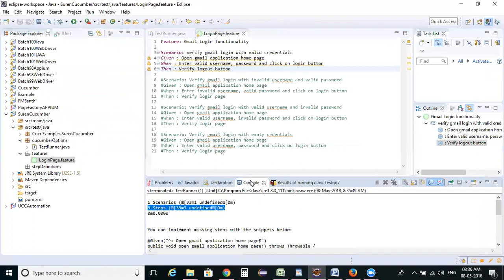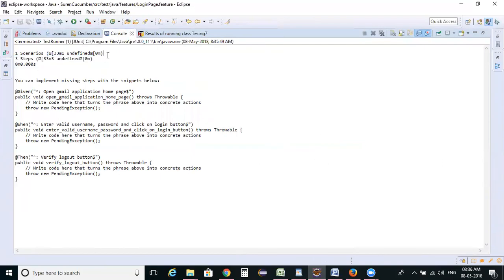In the console, it is stating that one scenario is there. That's correct. Within the feature file, there is only one scenario. There are three steps, and moreover, the three steps are unimplemented steps. And here you can implement the missing steps with this snippet below.